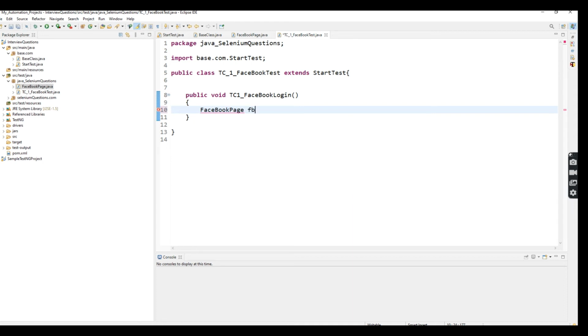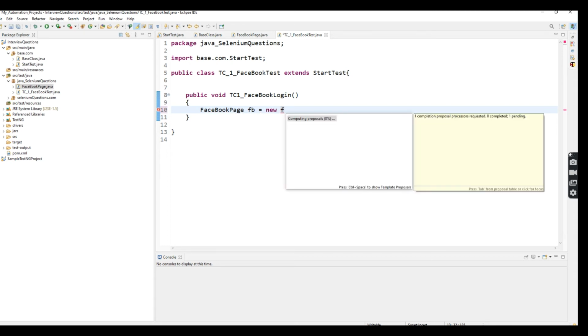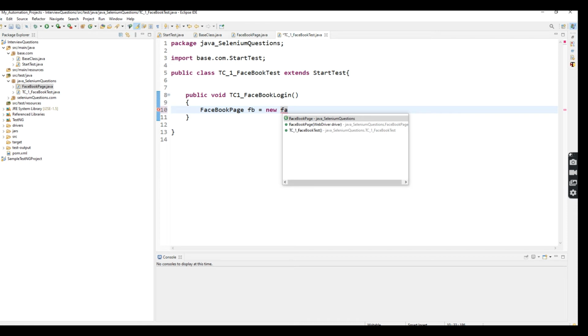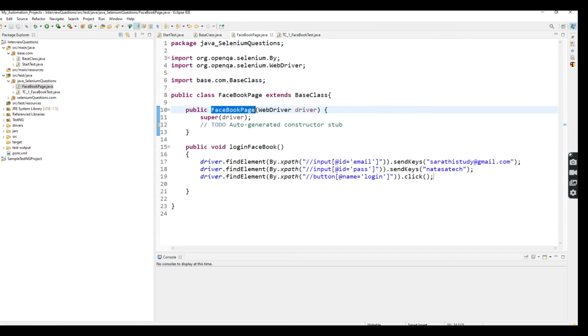FacebookPage fb = new FacebookPage. So here you can see driver and getDriver. Using the getDriver method only we are able to return the WebDriver instance, right? I'm using it here. So open this one, right? The super(driver).